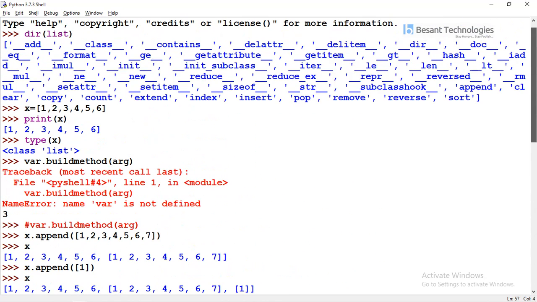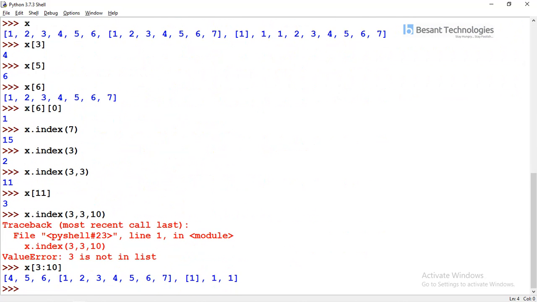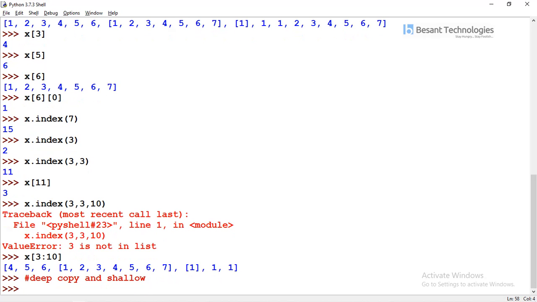Now we need to go ahead with the next step. We'll go ahead with copy now. So what is this copy? We have two kinds of copies here: one is deep copy and another one is shallow copy. What is the difference between deep and shallow copy? Deep copy means one value will be copied and pasted in a separate memory location. Shallow copy means only one memory location for the two values. Let's see an example for this.